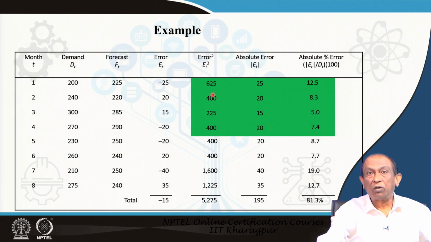So, we compute the square of the errors, we compute the absolute value of error for every period, and we also compute the percentage of this absolute error using this expression, and the sum of the error square is this 5275, the sum of the absolute values of error is this, and the absolute percentage error is this much from this table. So, once we know these values, whatever has been asked for in this problem becomes very simple to